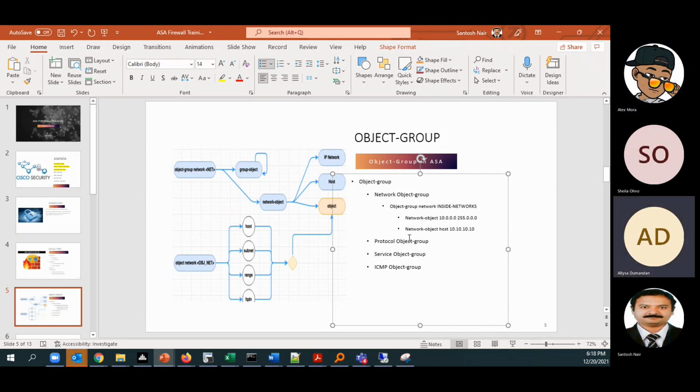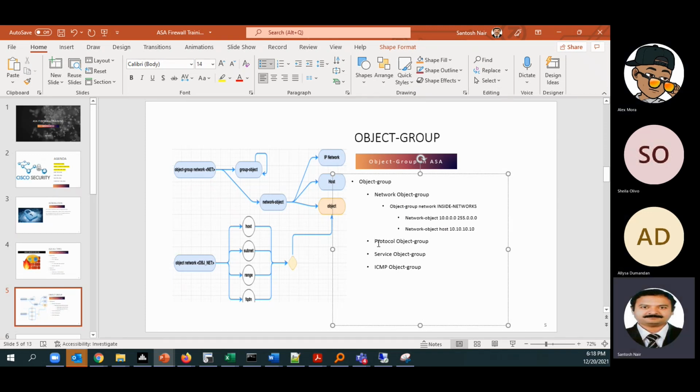Yes, boss. Next one is related to protocol. We can define it as TCP, UDP. We have an access list for AD. If you go through the AD access list, you will come to know that it is a service object. It defines services.